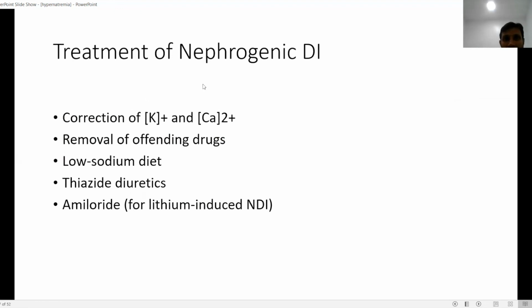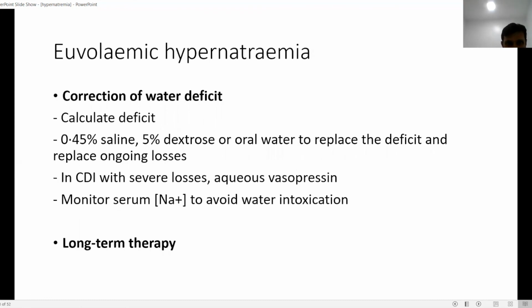For the treatment of nephrogenic diabetes insipidus, mostly we should correct the reversible causes, like correction of the potassium level and calcium level, and removal of the offending drugs. Low sodium diets, thiazide diuretics, and amiloride also will help in treating nephrogenic diabetes insipidus. So finally, with this background of knowledge, in euvolemic hypernatremia, what we can do to correct this first